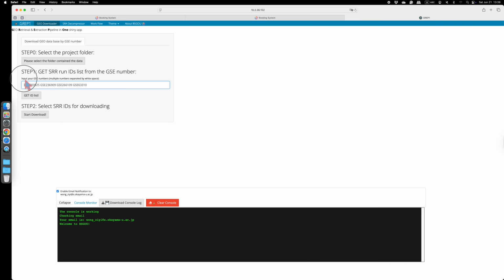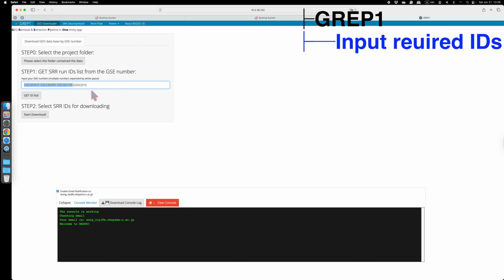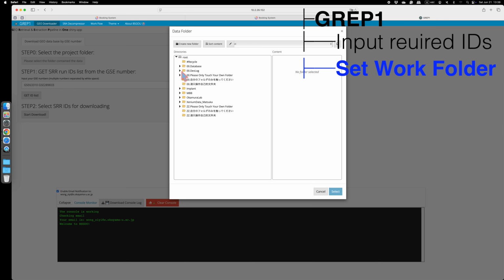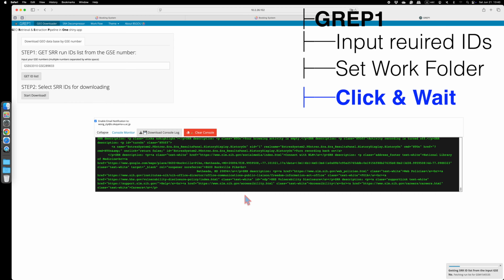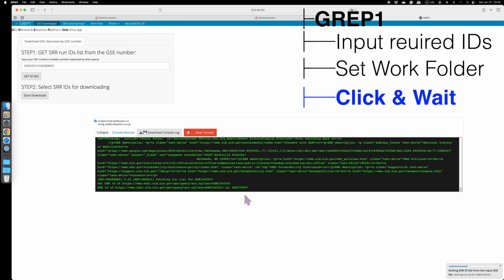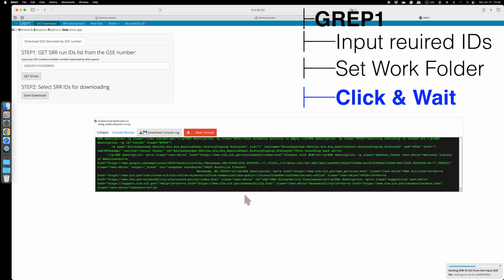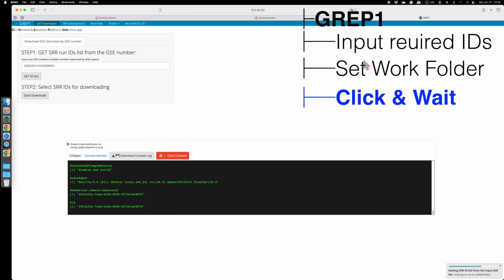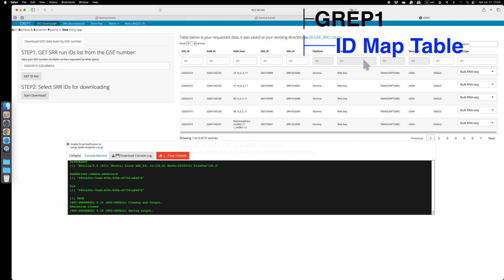The use of this software is quite intuitive. Just type the target GSE number here, and if you have multiple GSE numbers, separate them with white spaces. And don't forget to set up your working directory. Then click the Get ID List button. After that, just wait for a few minutes or even hours, depending on how many samples are under that GSE entry. Once the process is complete, you will see this detailed table which maps the IDs from GSE to GSM